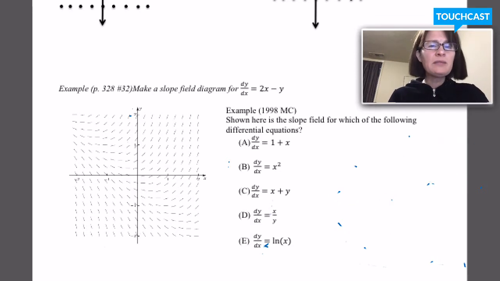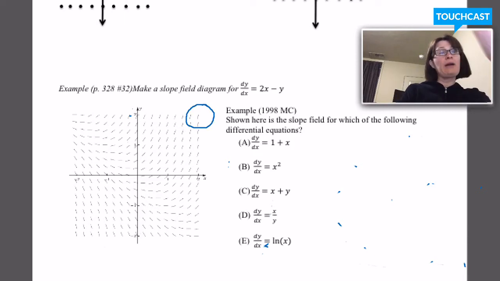So it seems to me that if I look up here, sort of in this top corner, that tells me that as x gets bigger and y gets bigger, what happens to the slope? It seems to be big and positive. So I would expect,